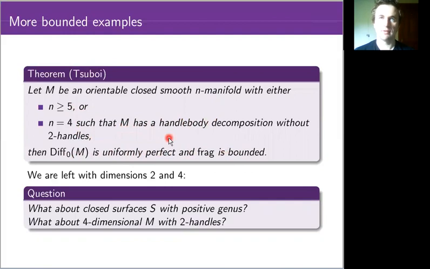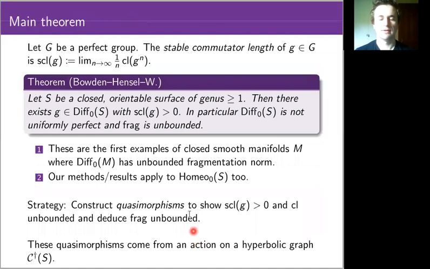So after we know all these theorems, we're left with dimensions 2 and 4. For closed orientable smooth manifolds, we're left with closed surfaces S with positive genus and four-manifolds with two handles. So the main theorem of our talk today